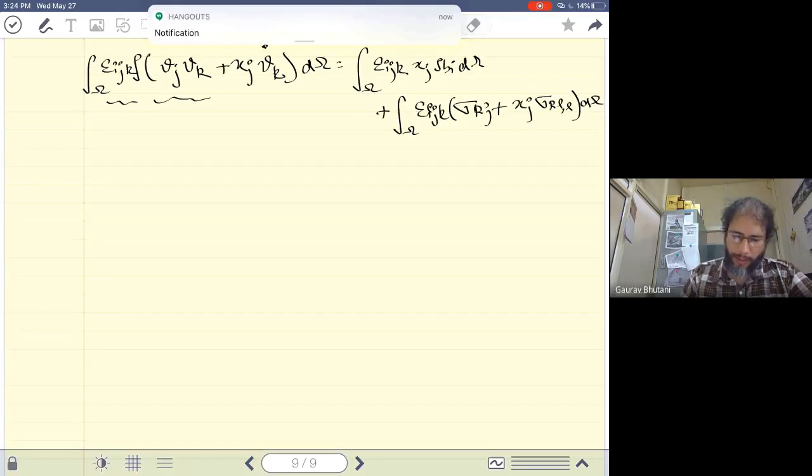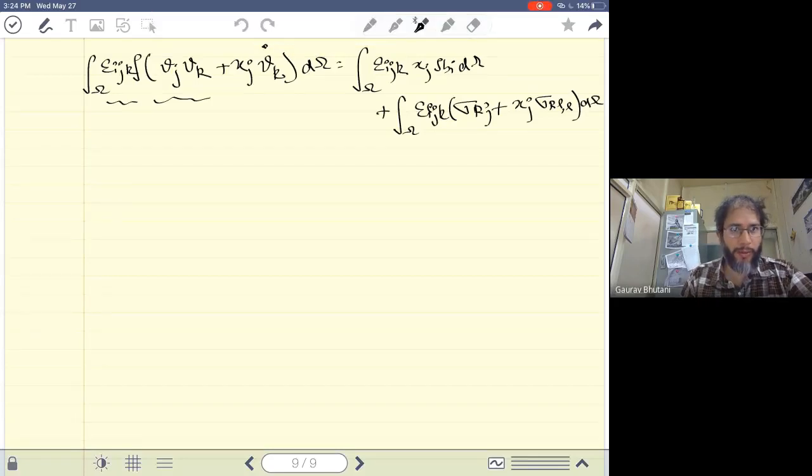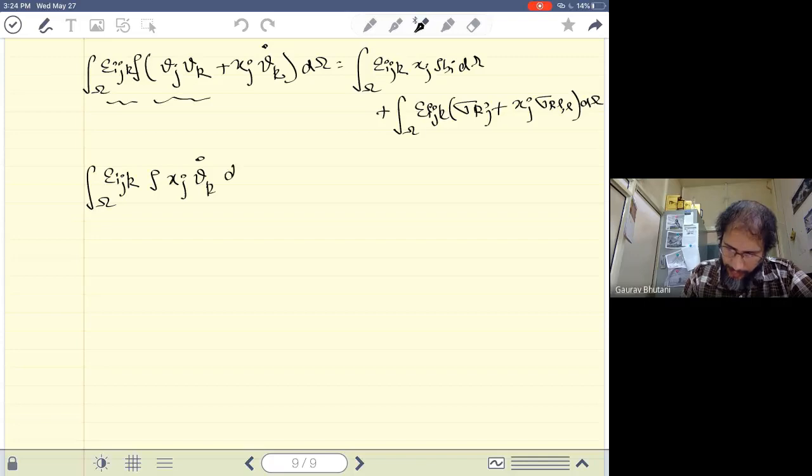In this case, we have a skew symmetric tensor, which is epsilon ijk. It's skew symmetric in J and K, and Vj times Vk is symmetric in J and K. So this product becomes 0. So what we get is simply the second term,